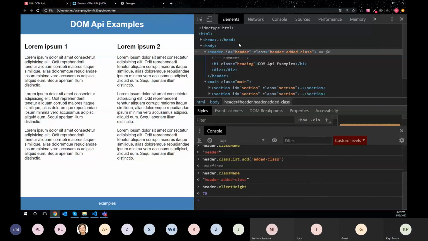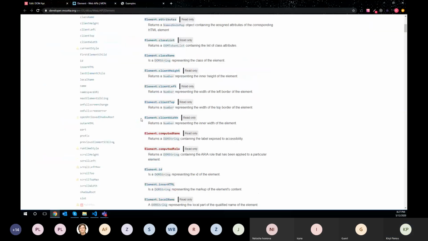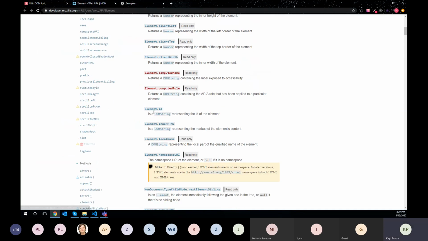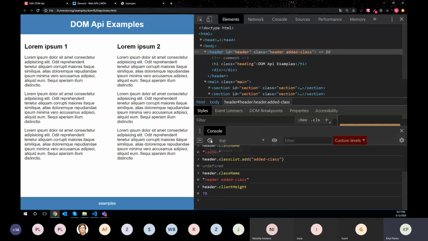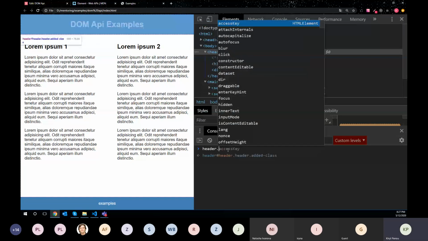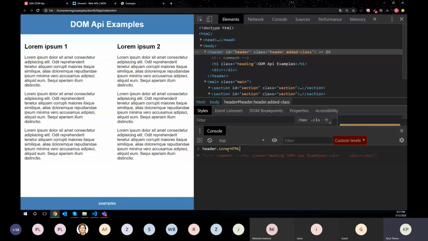Client height 79 pixels. Client left, client top, client width are similar. Element ID will return us an ID. Inner HTML is a setter or getter. So working with inner HTML, you can get the HTML header. Let's take a look. Header, inner HTML. Yeah, we got it. And we can set it like we need, like